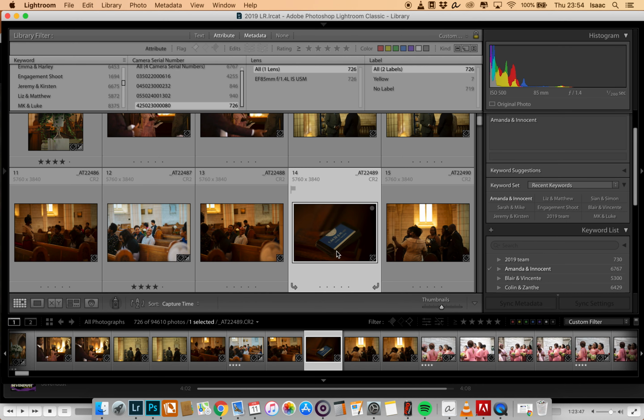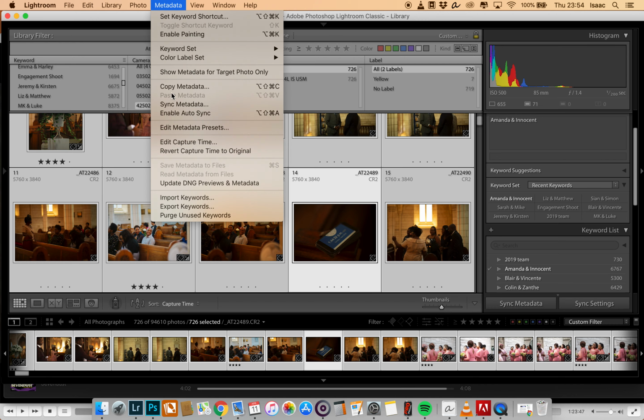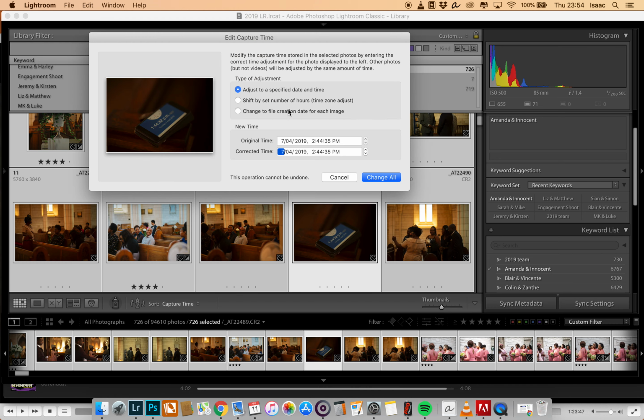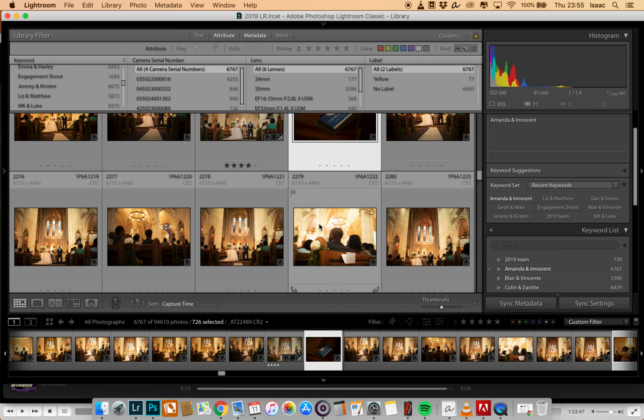Last body. This one, 1:44:32. And you just want to make sure that you adjust to a specified date and time as the option that you have selected. So 1:44:32, change all. So now when I go back to all four camera serial numbers,